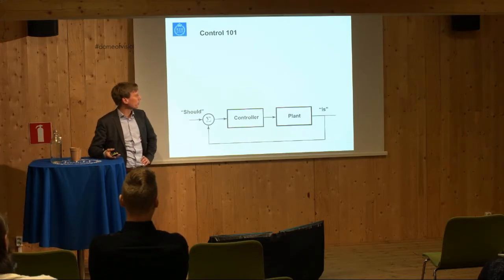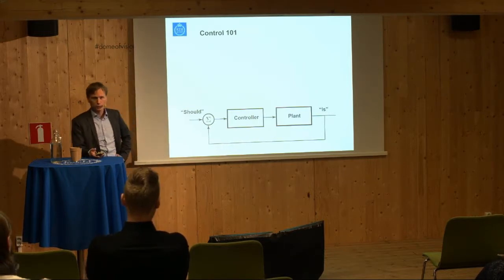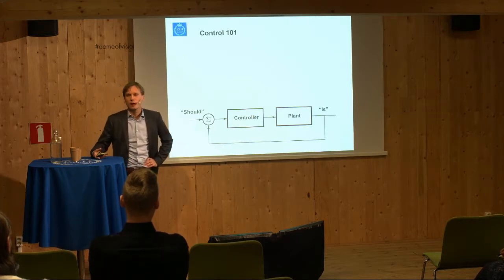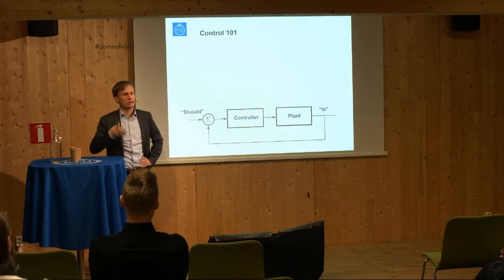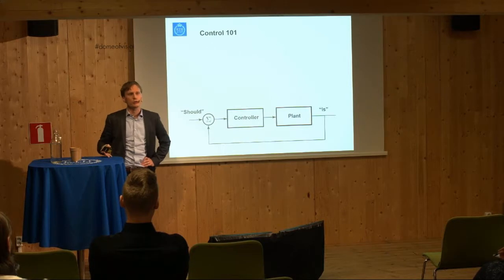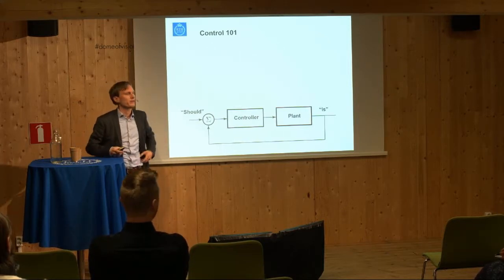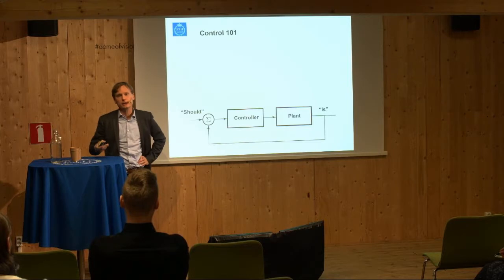So this is an introductory slide about control engineering. Basically you can think of control as the science or art of making systems behave in a manner we would like them to behave in. The system could be something we build, or it could be a biological system. So basically it's the art of changing behavior in a systematic fashion. And a very common, powerful principle to achieve this is using feedback.